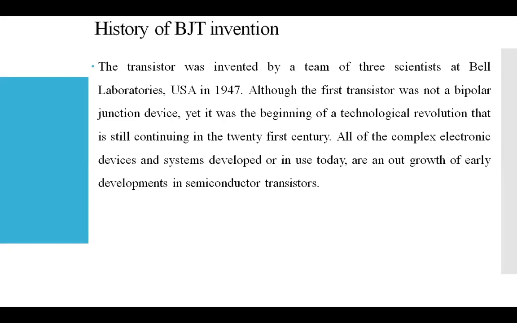If you want to invent something, you will not get the perfect result the first time. Year by year, as technological revolutions happen, the device becomes perfect, but that takes some time. Right now, whatever electronic or complex electronic systems we have adopted are equipped with devices like the BJT. Whatever systems we have developed and use today are made with this type of semiconductor device.